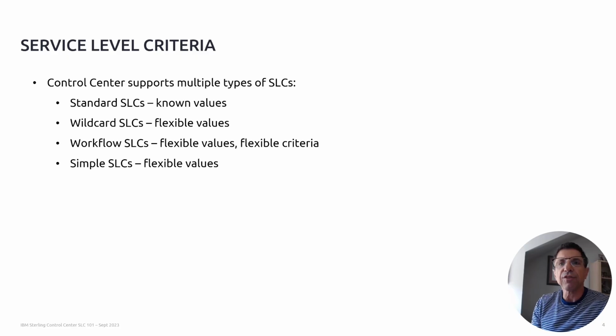The only other kind of SLC that you can define is a simple SLC, and they are simple to set up. Under the covers, a simple SLC is a workflow SLC that only allows you to specify one thing. Workflow SLCs have what are called milestones, and each milestone must occur for a workflow to be complete. Simple SLCs are like a workflow SLC, but they only have a single milestone in them, and they have limited criteria that you can specify for your